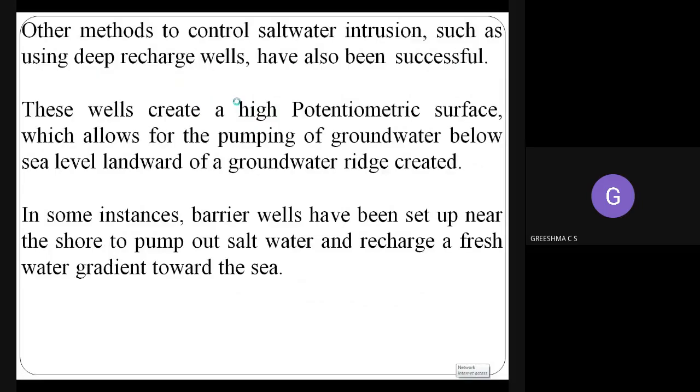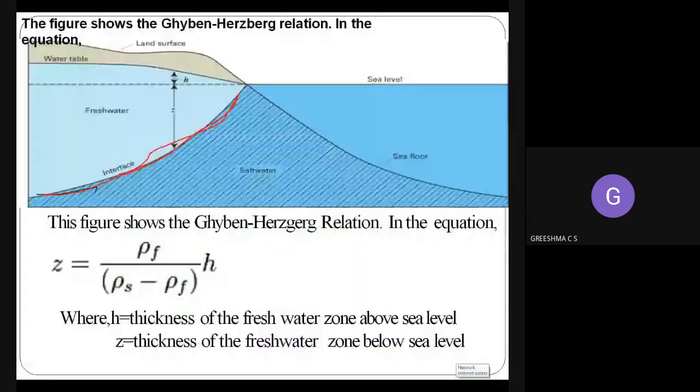അതായത്, so if you see here, okay, here this is salt water, this is fresh water. So here you can construct barriers. ഒരു barrier പോലെ ഭൂമിന്റെ അടിയിൽ